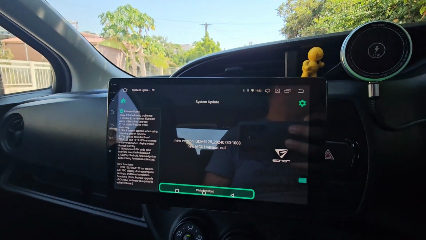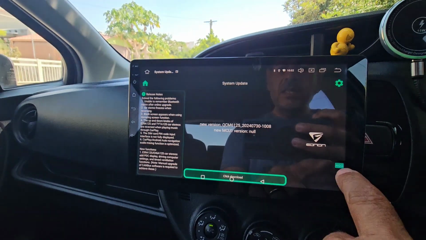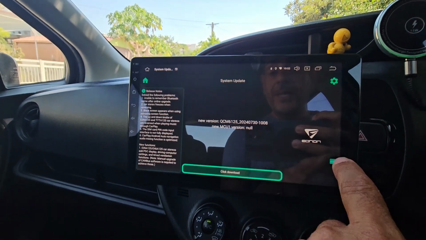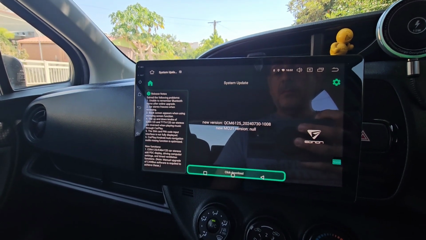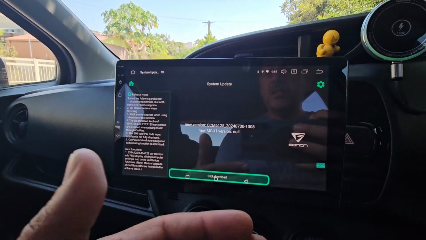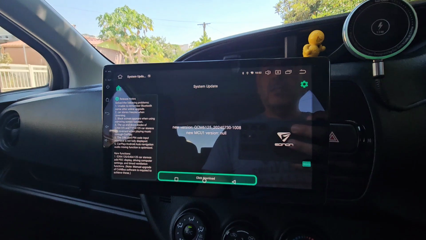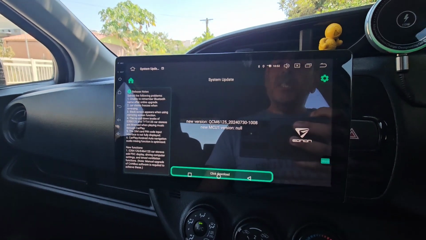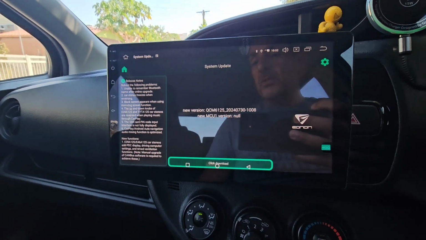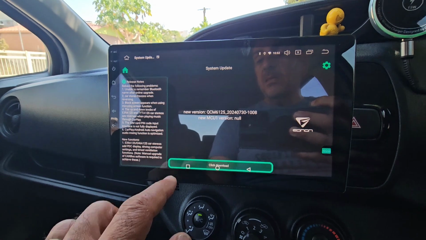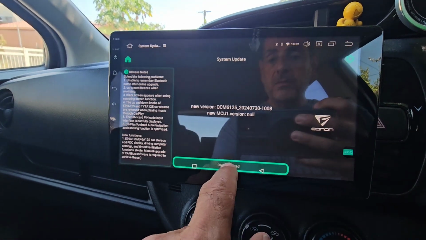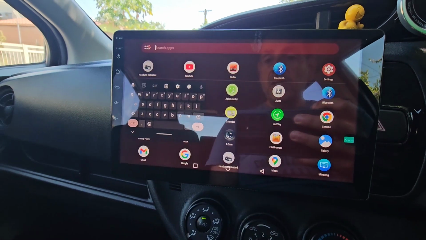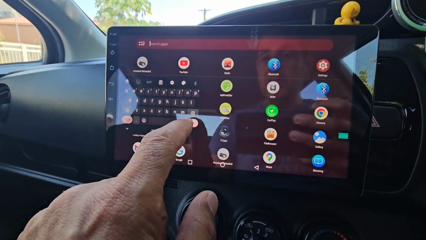Before I click download, what I want to say is, Eonon, if you're watching this, please add on-screen navigation buttons, like you would in a tablet. It's Android. You have to do this. I have to download a separate application, for anyone that wants to know. The application is called